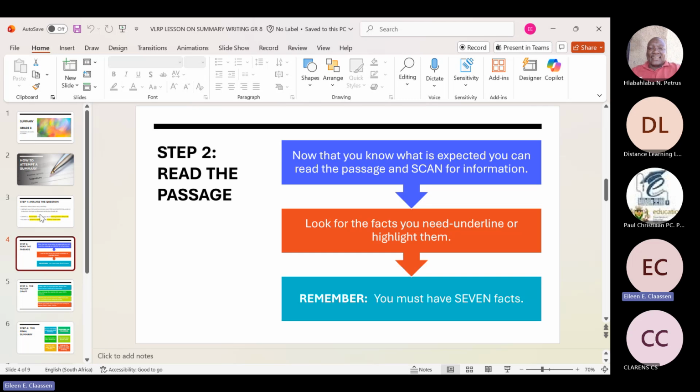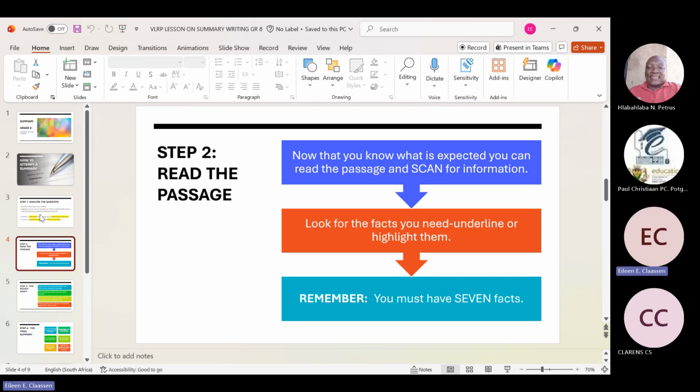Great, then I know I have 7 different facts or tips that I can put in my speech about how to save water. And as I said, they're important. Remember, 7 facts. Remember, it's 7 plus 3, and then it gives you 10, a mark out of 10. So you must find the facts, 7 of them.